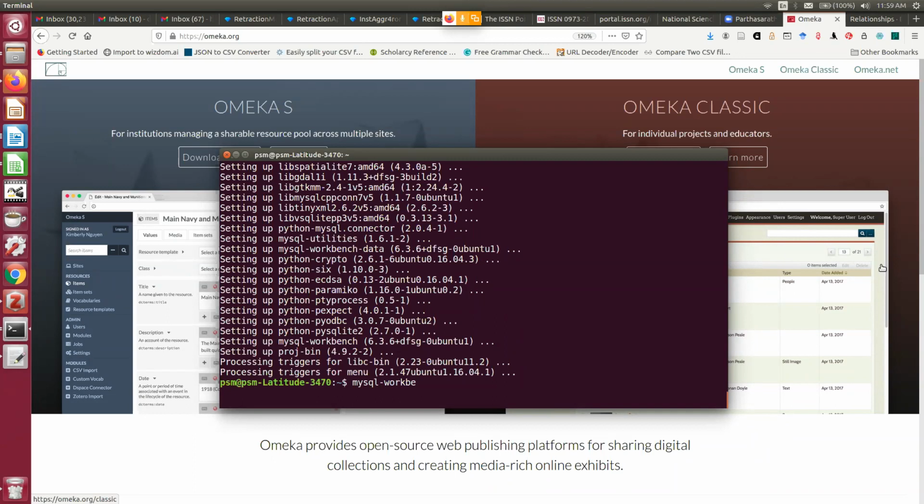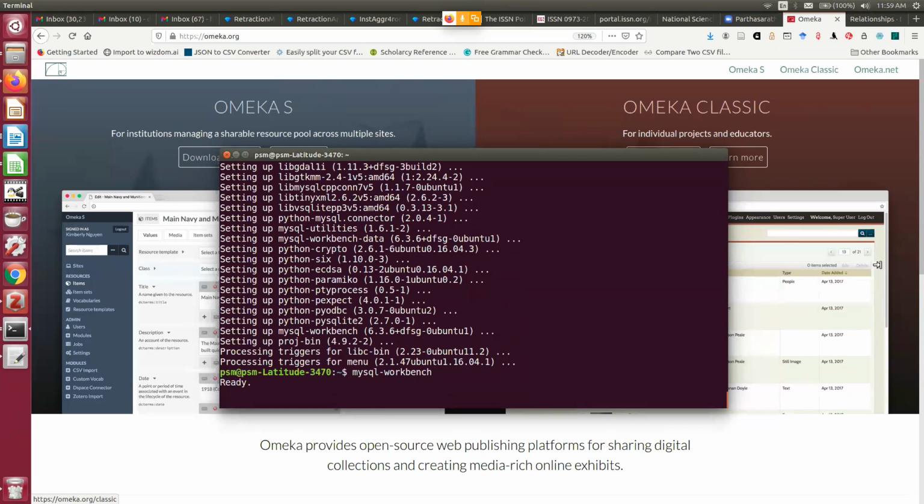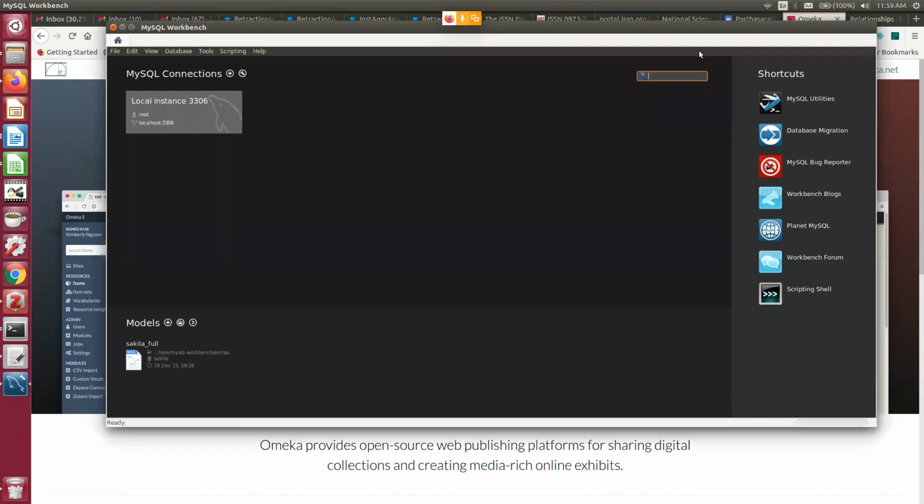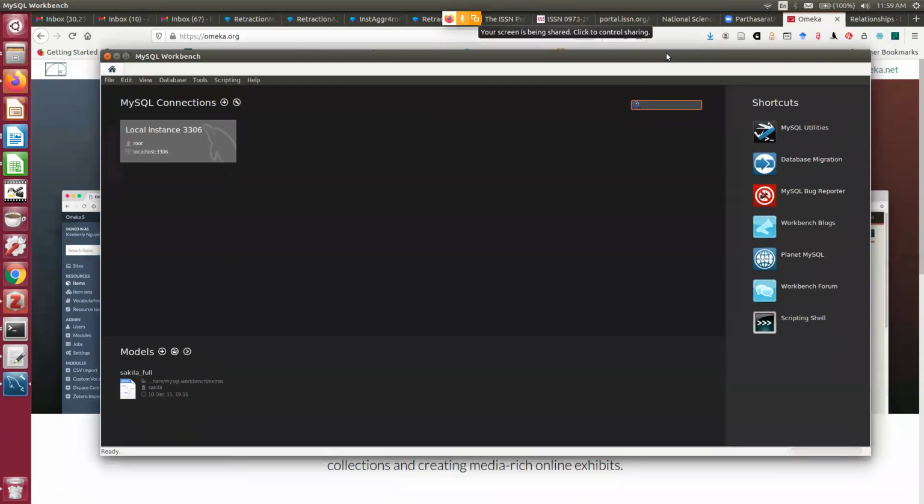So I can now call my MySQL Workbench, mysql-workbench. It will be starting, and if everything goes well, it will be asking you for the MySQL root password, so that it can make a link between your graphical user interface and the backend MySQL. So this kind of interface you are going to have. Now I am entering into my localhost, that is, MySQL is available in the local instance on port 3306 by default. User is root, and this is localhost colon 3306. So MySQL runs on the default port 3306 if you do not change it.